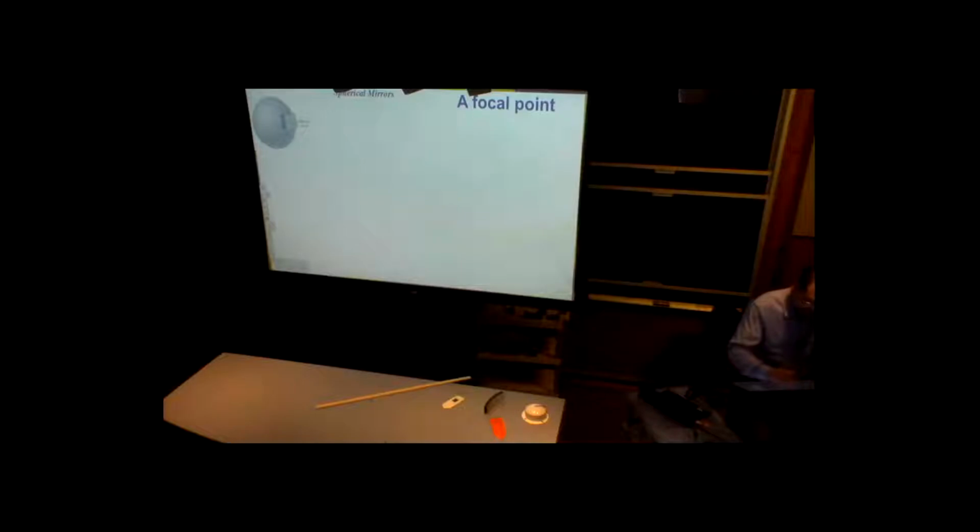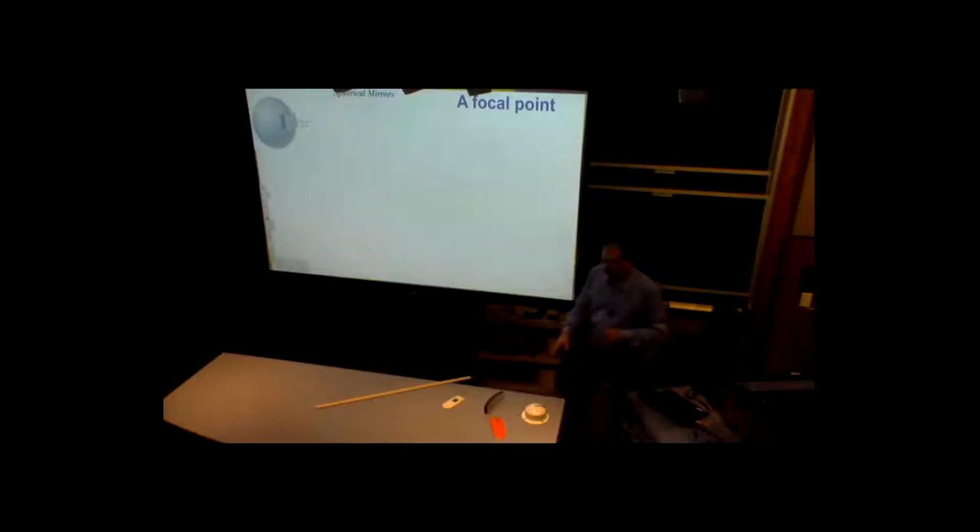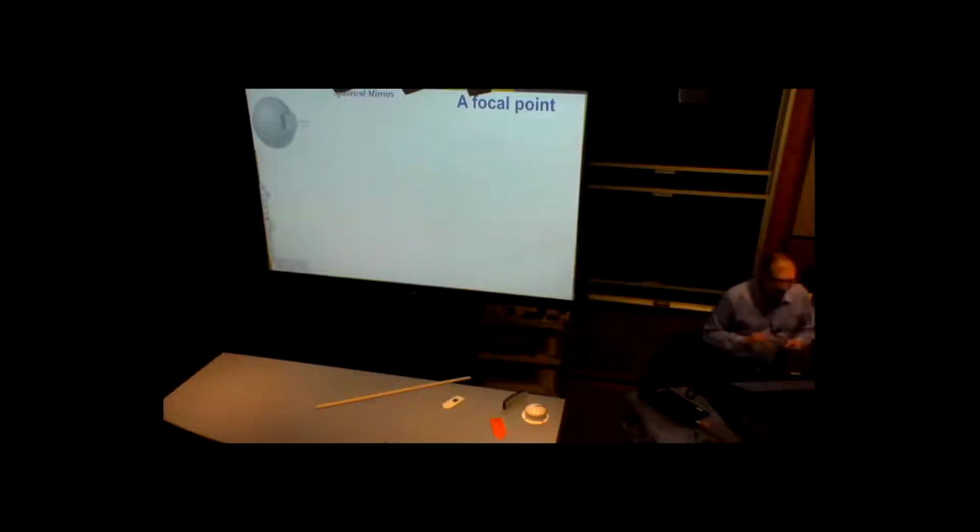So, let's say we cut out a piece of a sphere. Technically, we can have both surfaces polished. That's one type of a spherical mirror. That's another type of a spherical mirror. This is what we call concave, cave, something inside. This is what we call convex. And let's say we have a